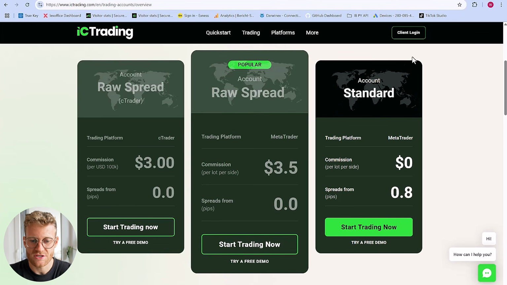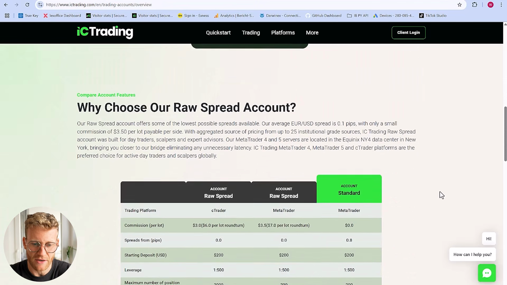In the standard accounts, this is a little bit different. Here you do not have a commission at all, so you can buy and sell without any fixed costs, but you do have the spread, and the spread of course it varies, but it starts at 0.8 pips or 8 points. What this means we will have a look at in the MetaTrader in a second, but first of all,